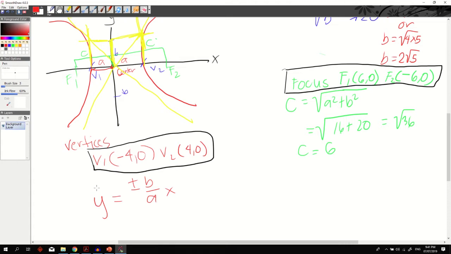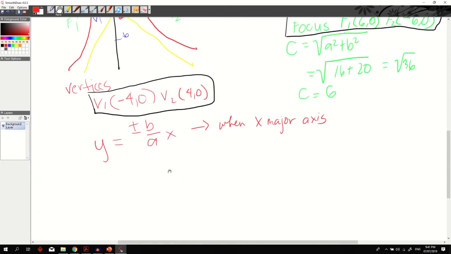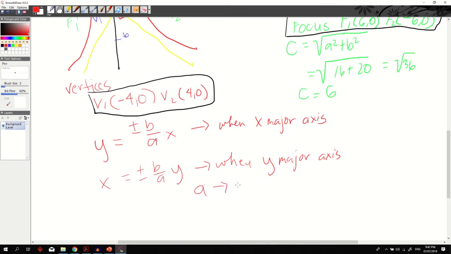So we use this formula when x is the major axis. And then we have another formula, x equals positive negative b over a y, when y is the major axis. So we will make this a should be the major,